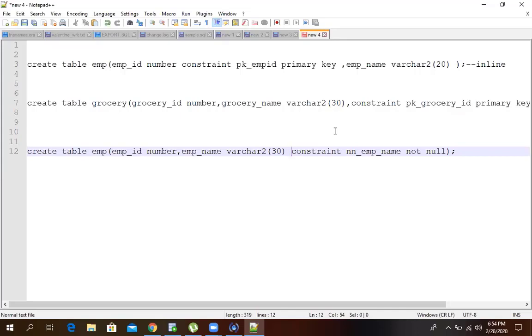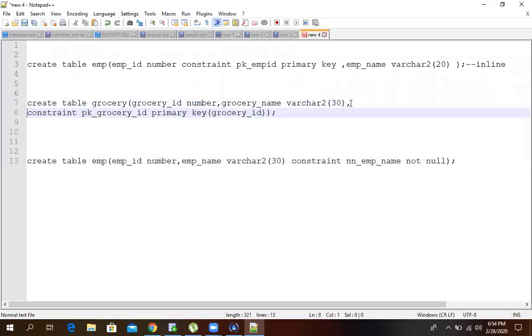So here after the constraint, I didn't give any column names at all. But here, if you come after the constraint name, I gave a column name. Right? After the constraint name, I gave the column name. This is out of line. But here after the constraint name, I didn't give the column name at all, because I'm just speaking about EMP name only. That's the second one. You will apply it on the last one, the one that is just behind it.